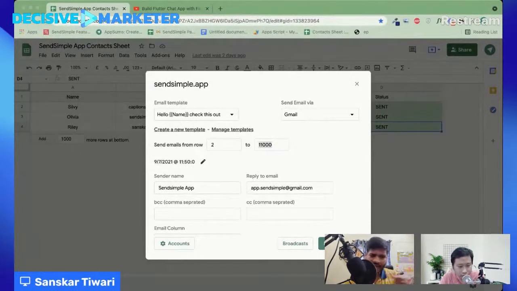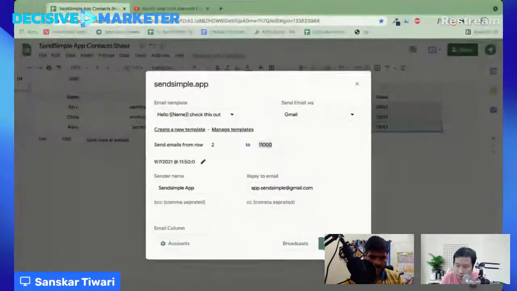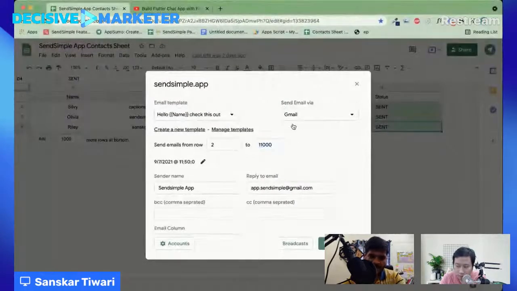It can be a scheduled email, it can be anything. It can be an email with auto follow-ups. But overall, it's an email that is going to be sent to a total of 11,000 people. And there you have selected send via your Mailer Send account. Now, when you have scheduled that, you can come back, select another account, and continue from there.